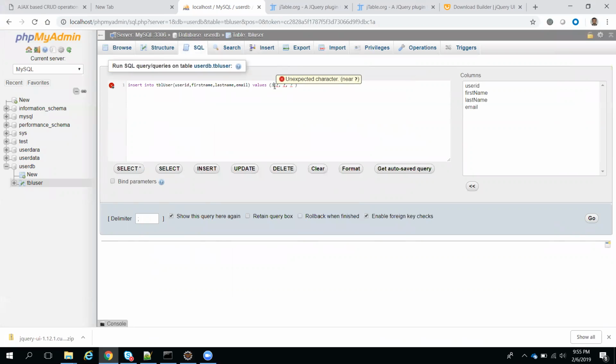User ID 3, and the name is... this question mark is actually one value we need to enter. After that, the last name is... and email.